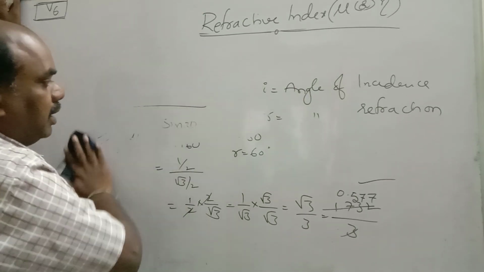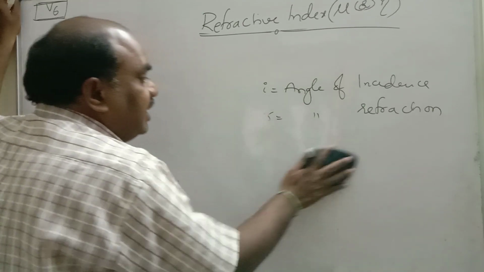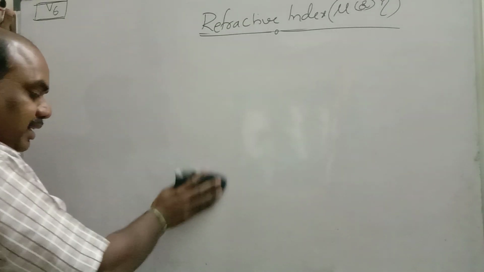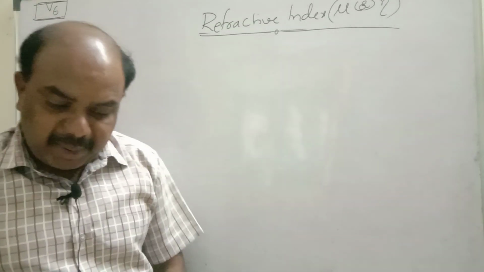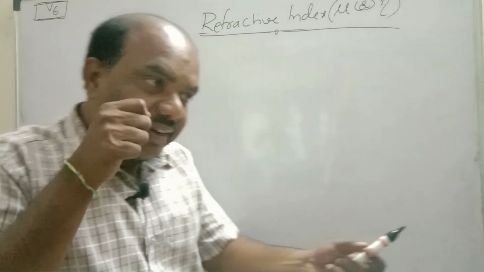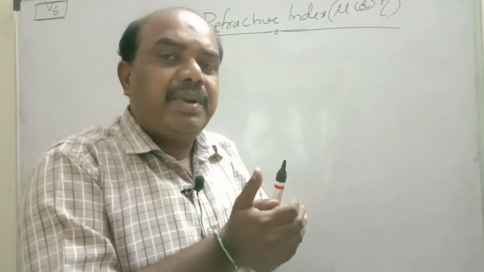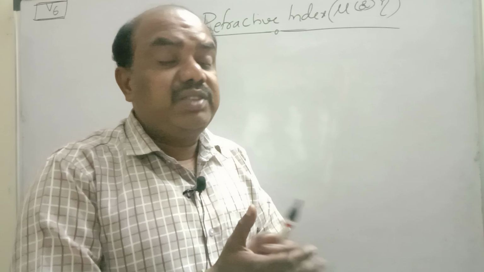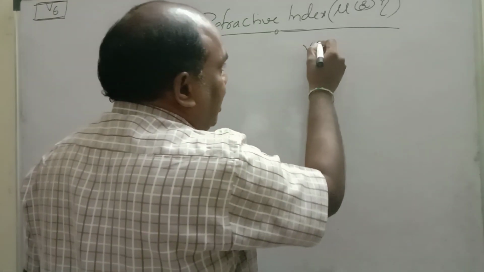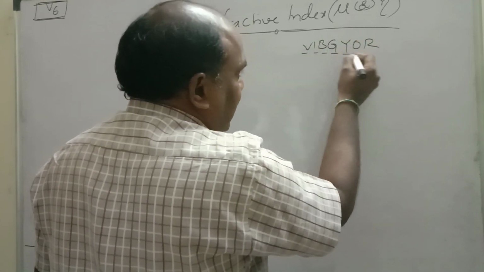Right, children? Now, based on this principle, we are going to find the refractive index of one given prism. What is the use of a prism? Yesterday we saw that a prism is used to study the nature of light. If you focus white light onto the prism, it splits into 7 component colors. Those 7 colors are VIBGYOR, which we can see in a rainbow: violet, indigo, blue, green, yellow, orange, red.